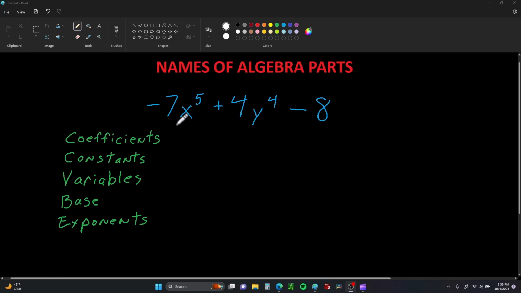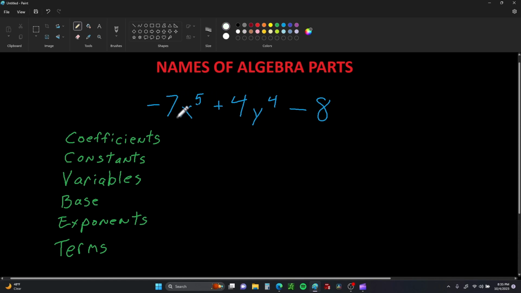Here we have an algebra expression, and there are three terms in here. And terms are everything that are separated by a plus or a minus. I really should add that over here. And when we're working with algebra expressions, it's good to understand the names of each of the parts that are